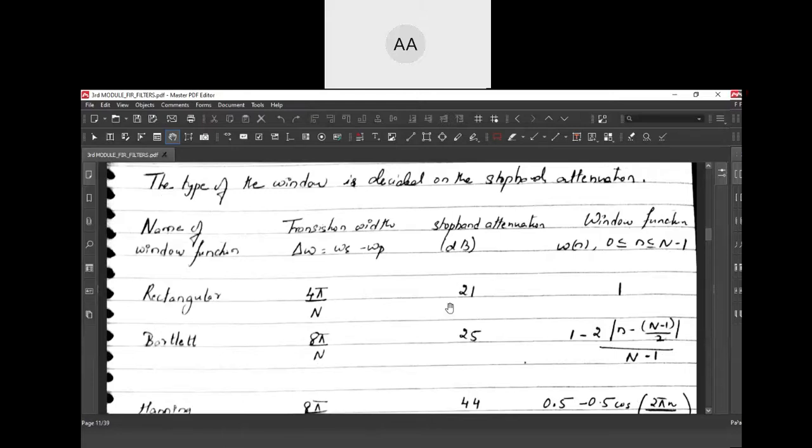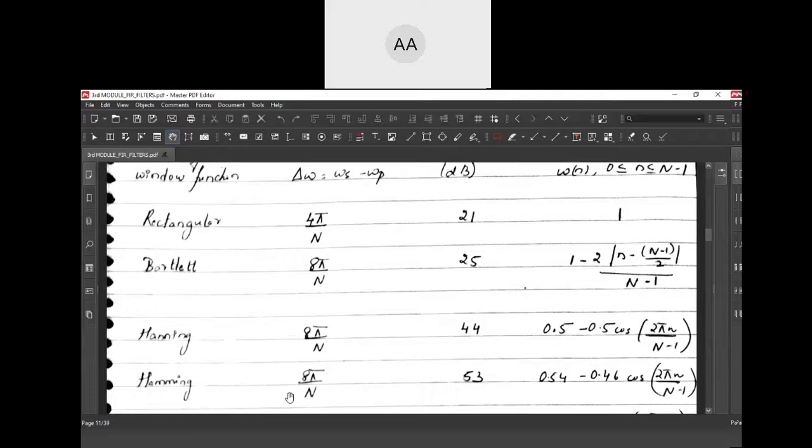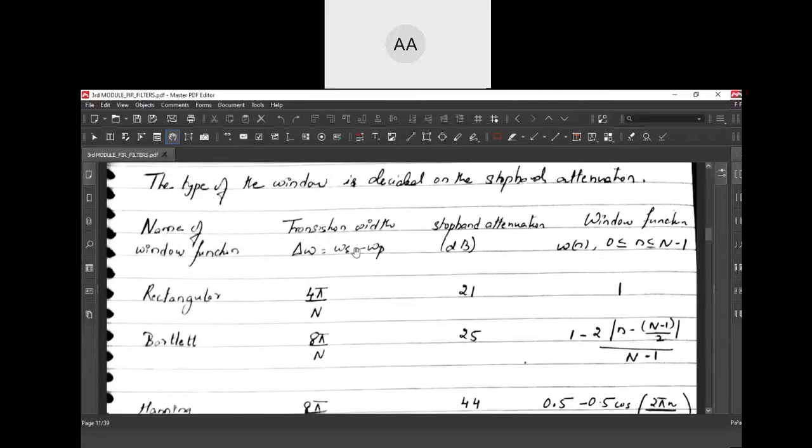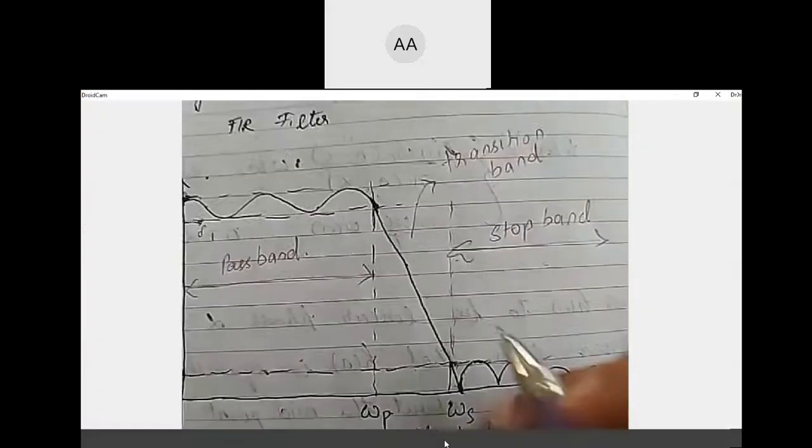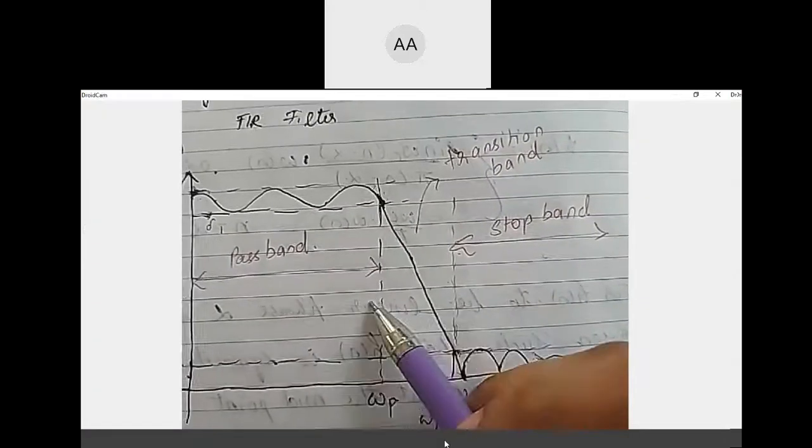Next important thing, you should also look at the window's transition width, that is omega s minus omega p. What do we mean by delta omega? It is the width of this transition. Here I wrote it in terms of delta f.